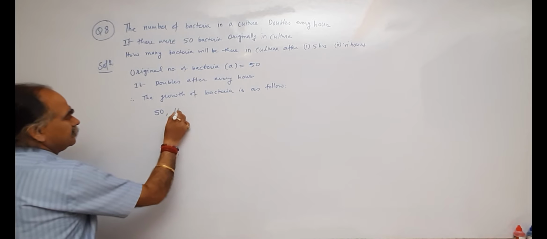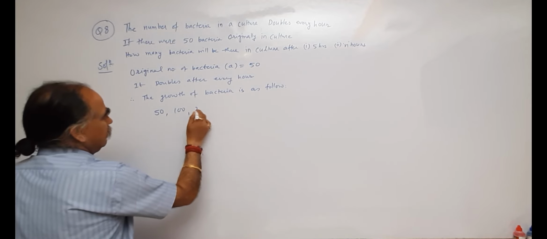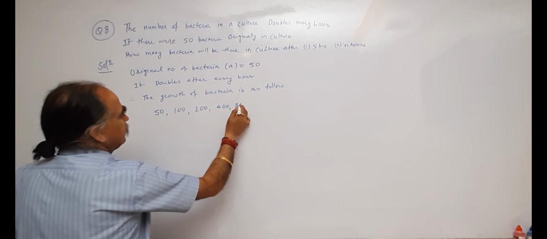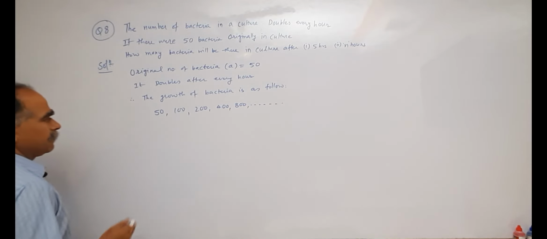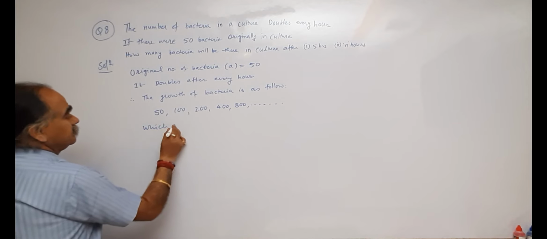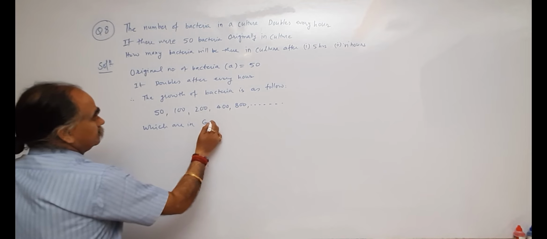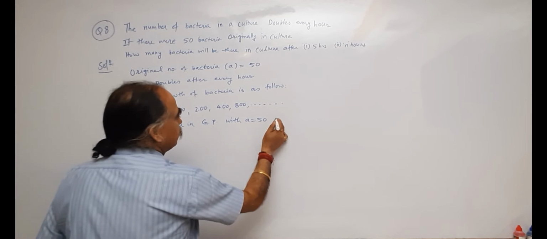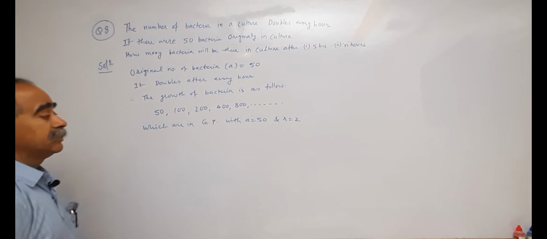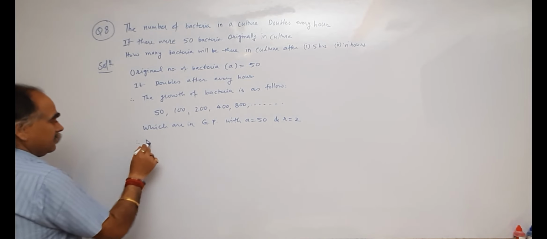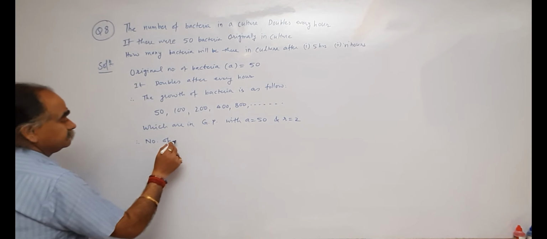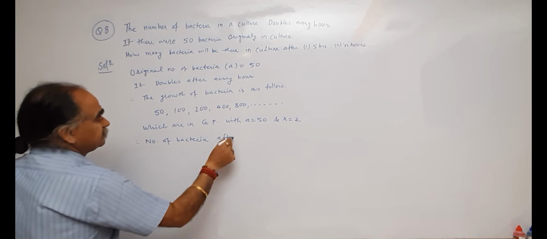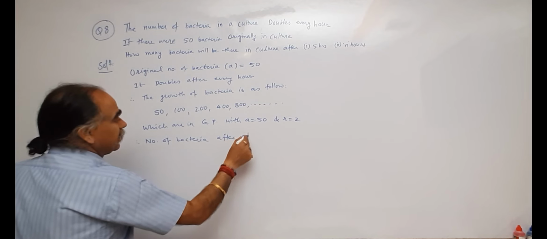Original 50, then after 1 hour 100, after 2 hours 200, 400, 800 and so on, which are in GP with A 50 and R 2. Therefore, the number of bacteria after 5th hour